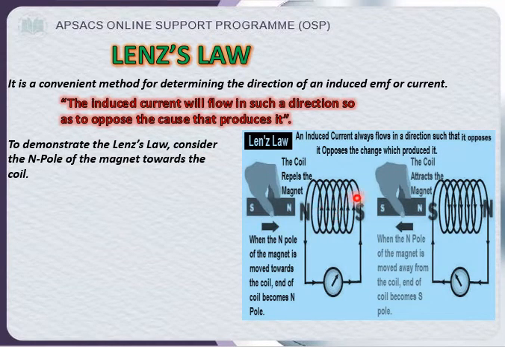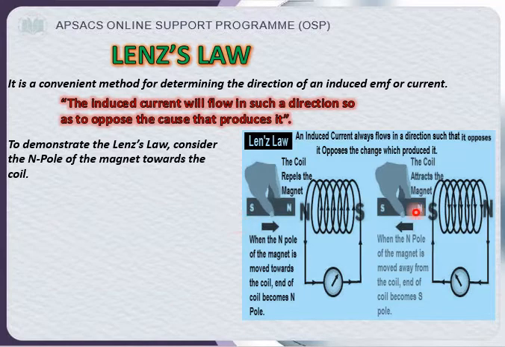Now this is the coil which is connected with a galvanometer, and when the north side of this permanent magnet is moving towards this coil, you can see that automatically there is a north pole on the left side of this coil, whereas the deflection of current is showing in the positive direction. So these north faces repel each other, and as a result of this repulsion, the bar magnet will move away from the coil.